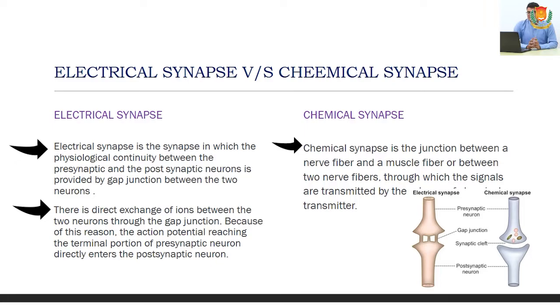Chemical synapse is the junction between the nerve fiber and muscle fiber, or between the two nerve fibers, through which the signals are transmitted by the neurotransmitters. Neurotransmitters are like GABA and